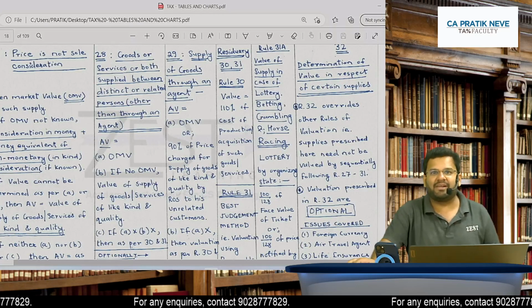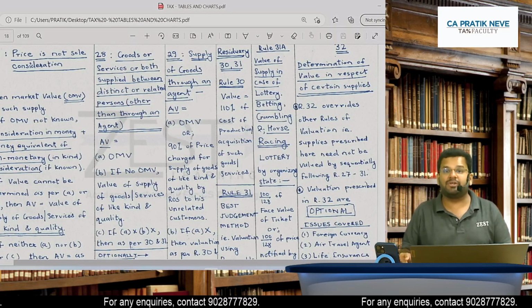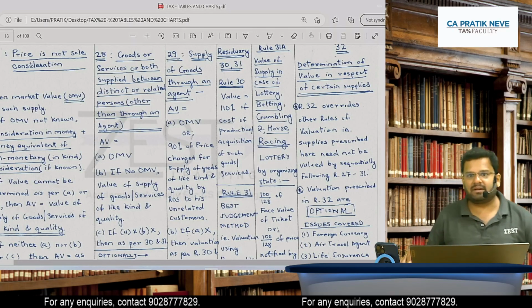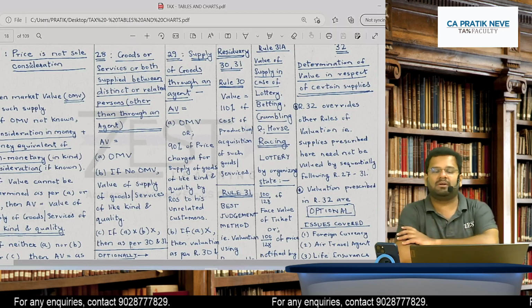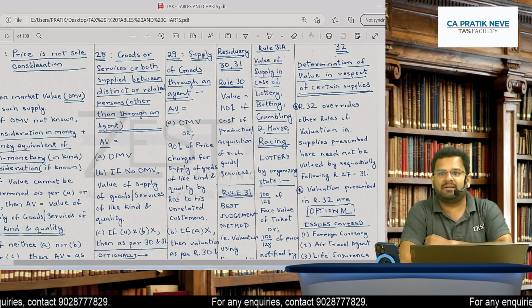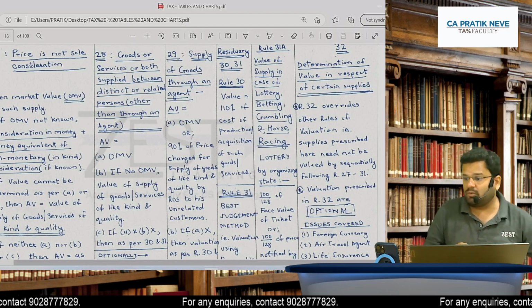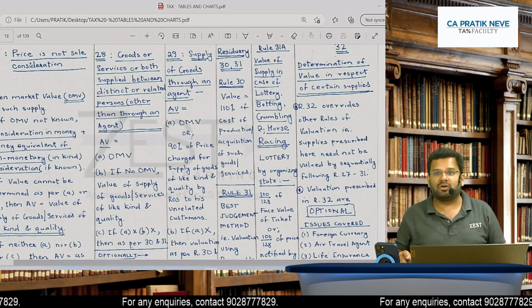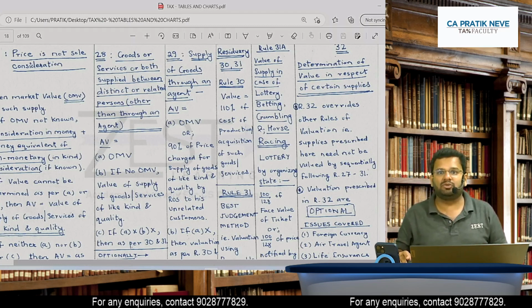So friends, welcome back to this session on valuation revision that we are doing. We have before the break discussed till rule number 31A in fact. Now can we go ahead and discuss 32 onwards? So rule number 32 is talking about,